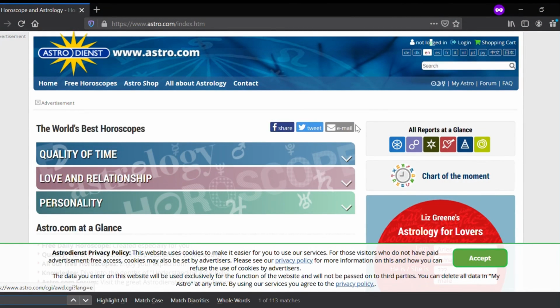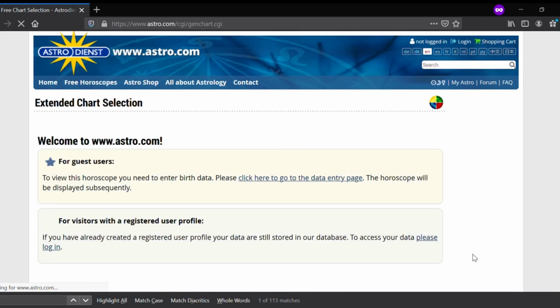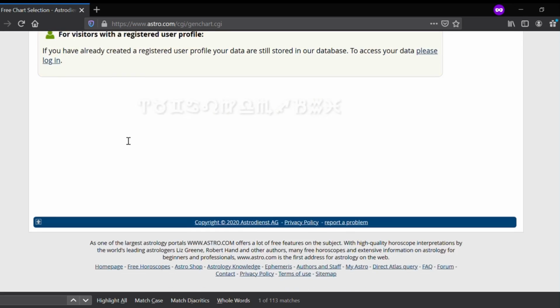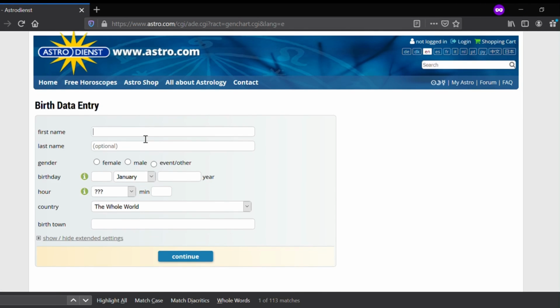So to find your birth chart, you have to go to a website called astro.com, and once you are there, go to the tab Free Horoscopes and go to Extended Chart Selection. From here you can find your birth chart. You can register, or you can use it as a guest. So I'll just be a guest, and